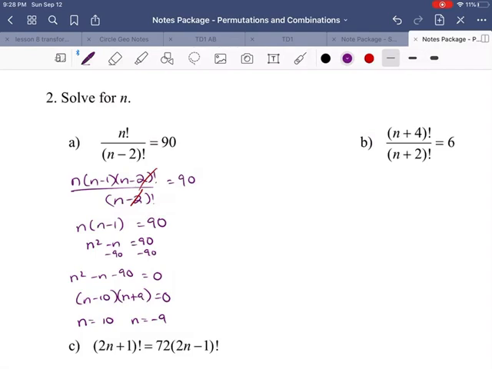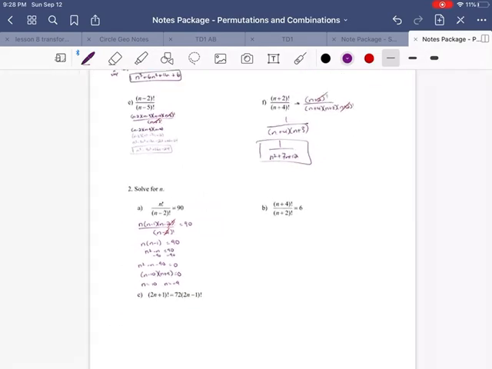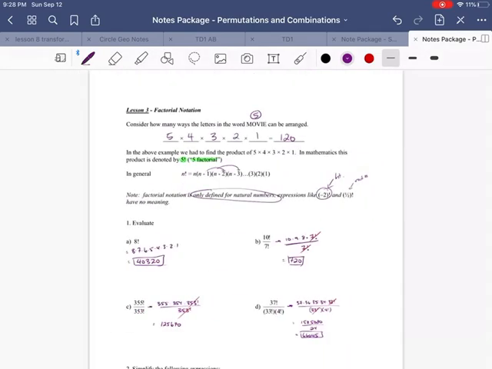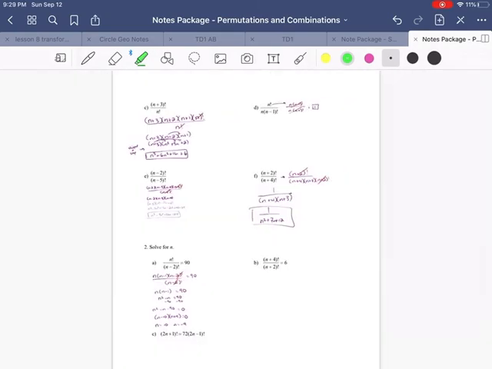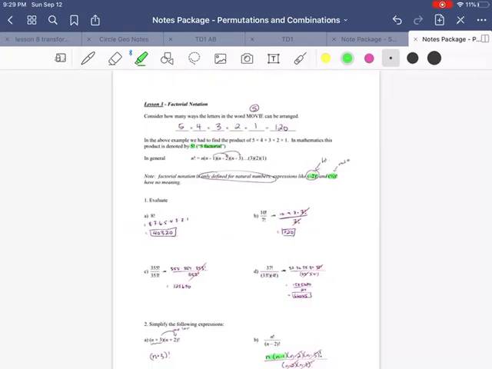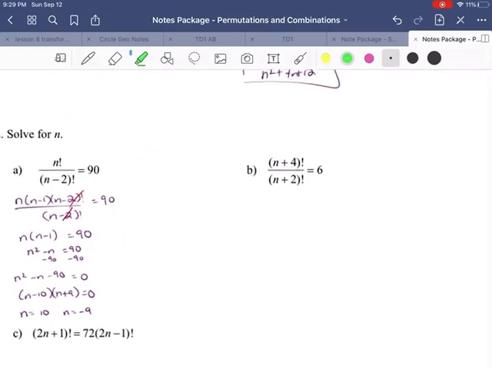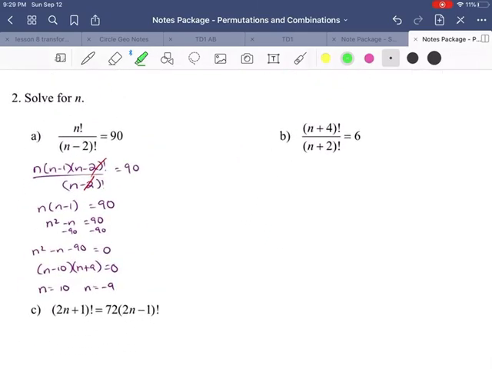However, if we go back to the beginning of the lesson, you can't put a negative number as a factorial. It only works for natural numbers, not integers, not rational numbers. So what we can do is